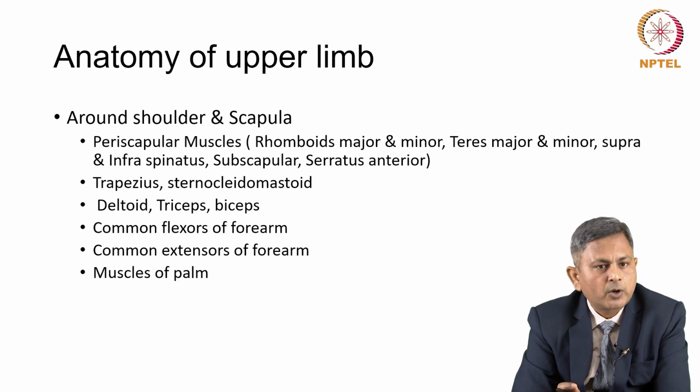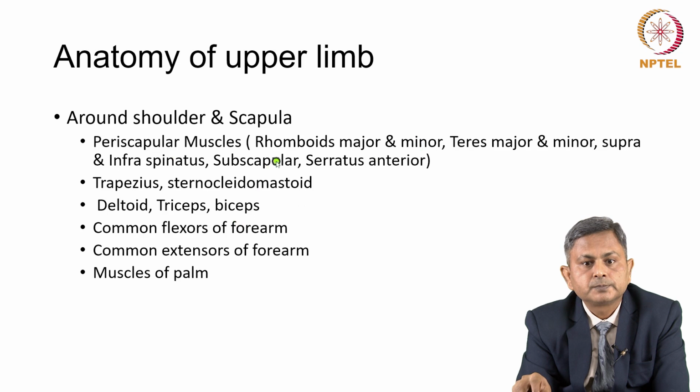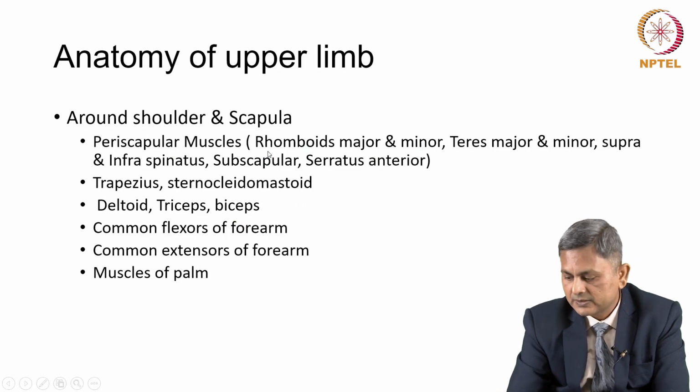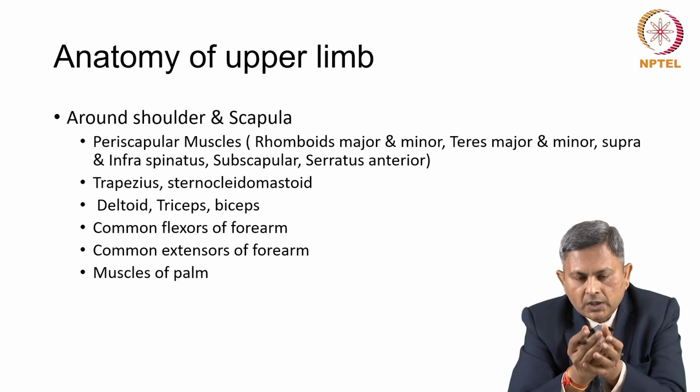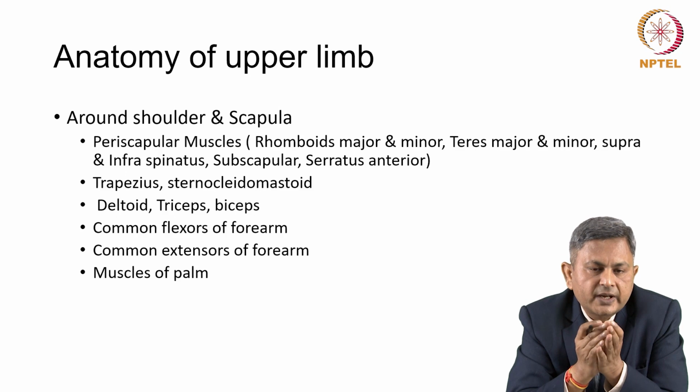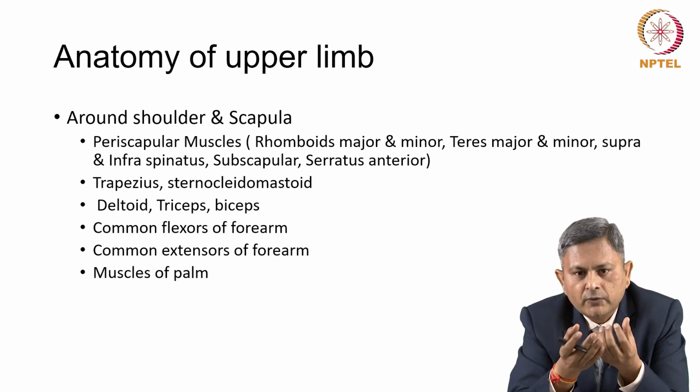Rotator cuff is made up of four muscles: supraspinatus, infraspinatus, teres minor, and subscapularis. These four muscles make the rotator cuff. The importance of the rotator cuff is that when the shoulder moves, the movement of our